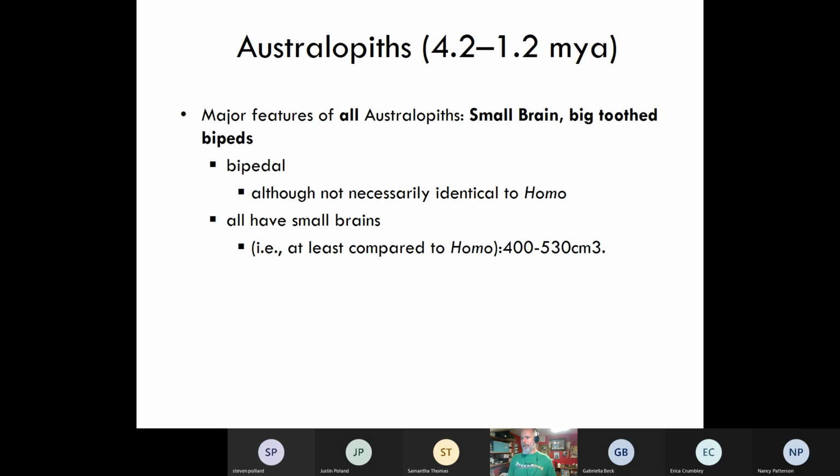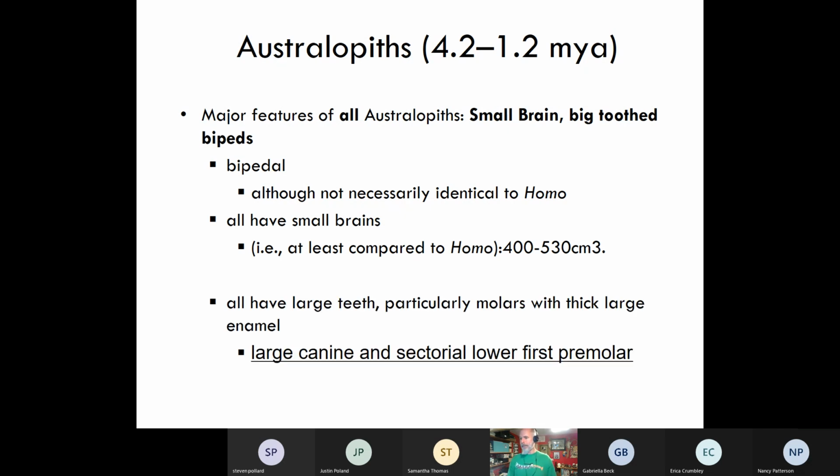So this is definitely, again, all the small brains we're talking about is comparable to early Homo, because early Homo is around 450 to 500 cc's, cubic centimeters, and chimps are not much smaller, 350 or so, so kind of in the same domain as far as brain size. But like I said, big teeth, pretty large molars, and there is some canine representation with that shearing complex of the diastema.